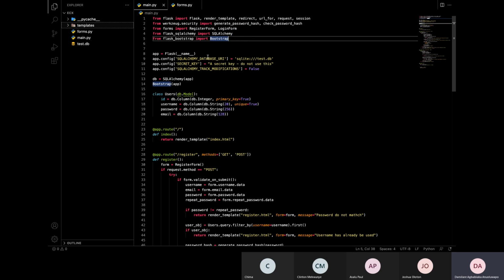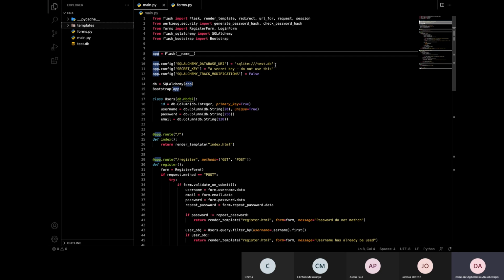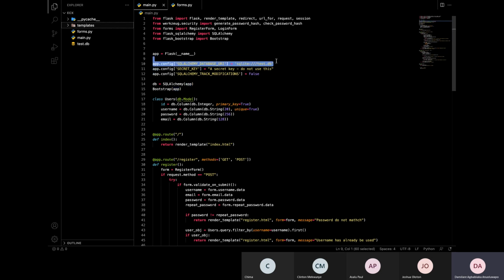So like we know, to start any Flask app, what you need to do first is to instantiate your application. This name here is basically the name of the file, main. So what we are saying is this Flask app is an app based on this particular file. So this is instantiating the Flask app. So now we have our app based on this particular file itself. We have to add some basic configurations. The number one configuration I feel we should add